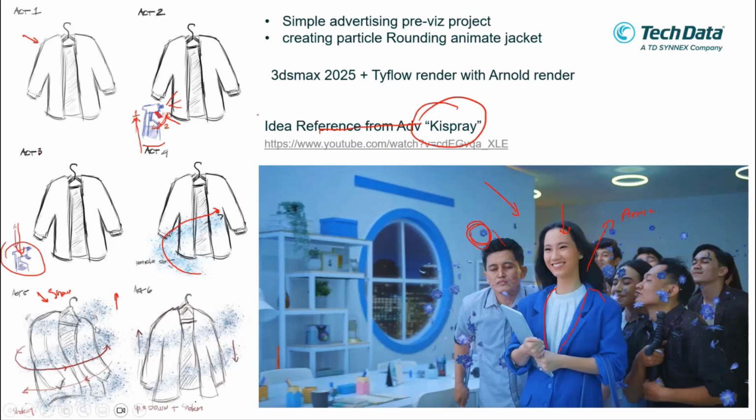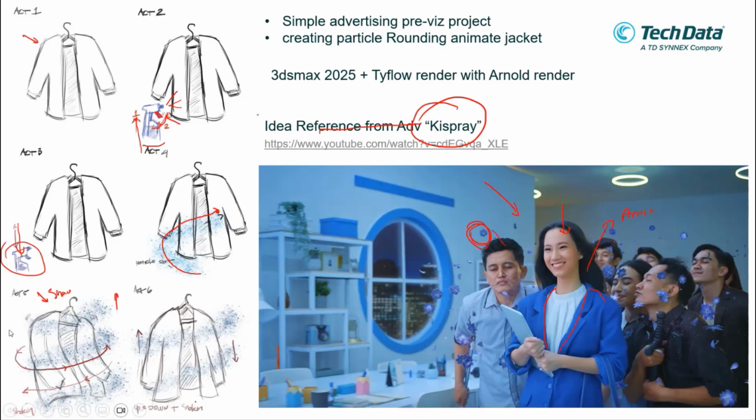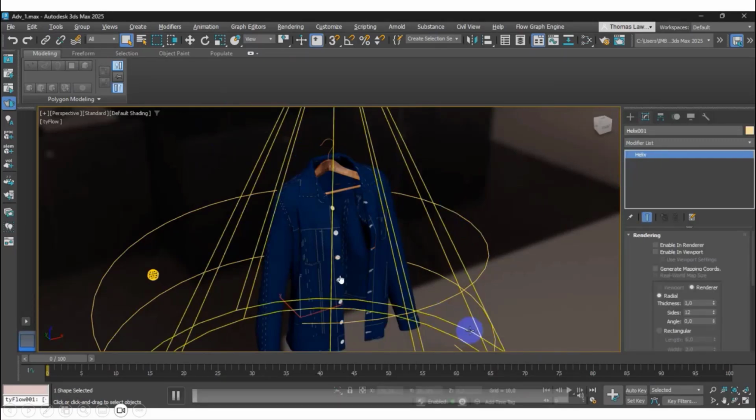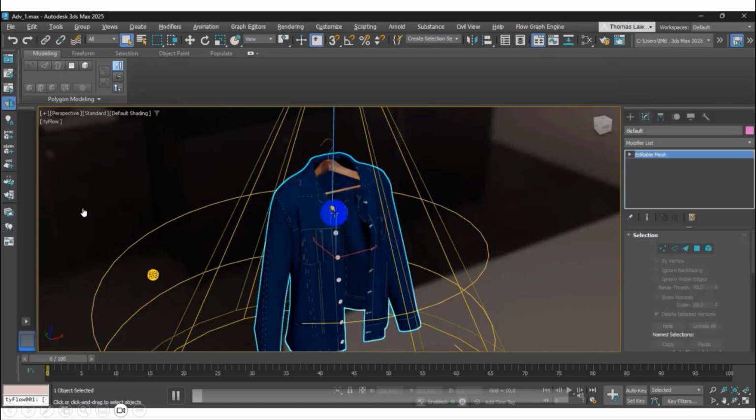So I tried to imagine and create something simple. I created this object, which I took from TurboSquid. You can go to TurboSquid, apply, and add yourself as a member. Everything I took is here. This is the preview, the material there, so the hanger and also the pad.